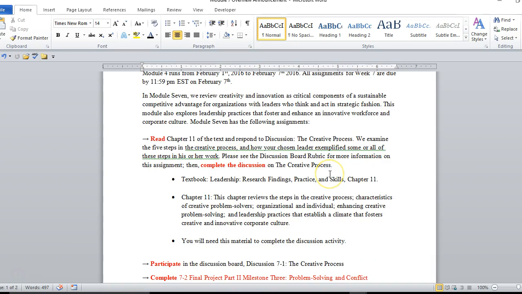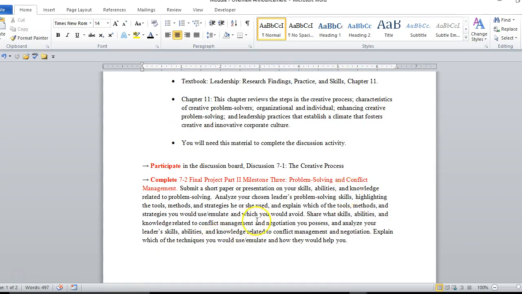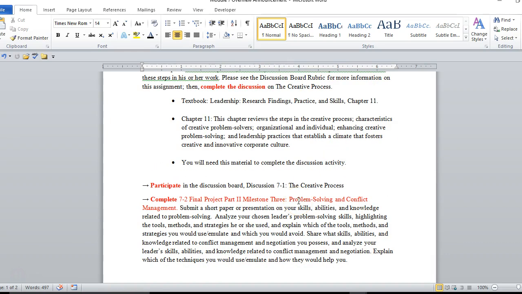You'll need to read chapter 11 and then complete the discussion about the creative process, in which you are to discuss the creative processes that your chosen leader uses and some of the creative processes that you use in problem solving. Try to get your primary post done by Thursday, as per usual, so that the others have time to respond and engage with you. And then by next Sunday,